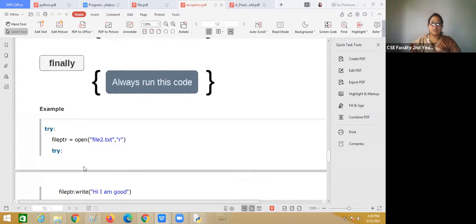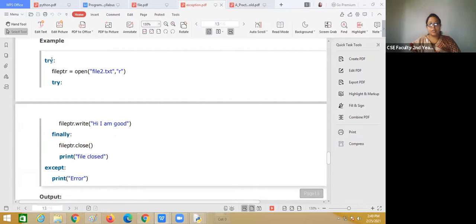So here you can see try, and finally will always run. Let's see this example: try, file pointer.